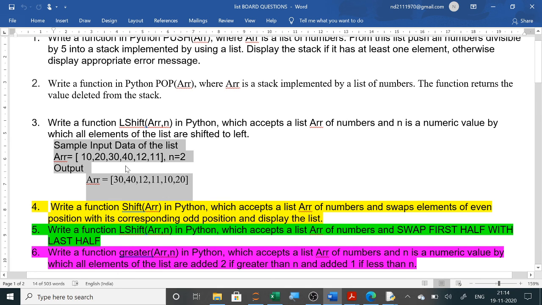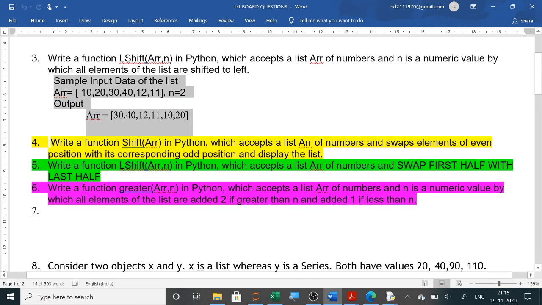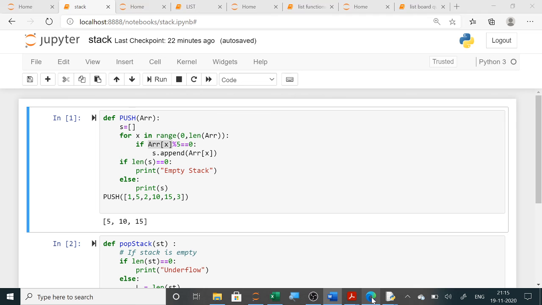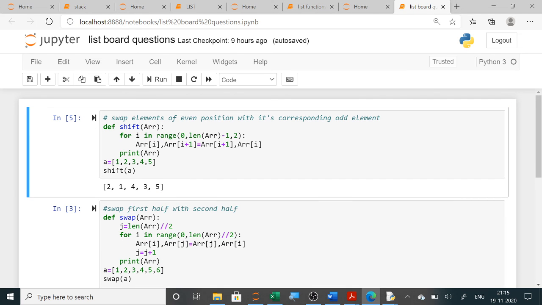Now this is very easy, you don't have to do anything special. You just run the loop that number of times, and in the first case the first element will be given to a temp, all the others will be shifted to the left and that will be added at the end. So the answer is also given. Similar types of questions you can see here, similar functions which are solved here. All the board questions are solved here.